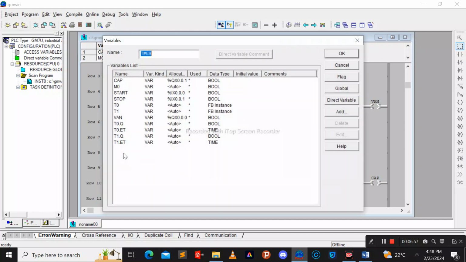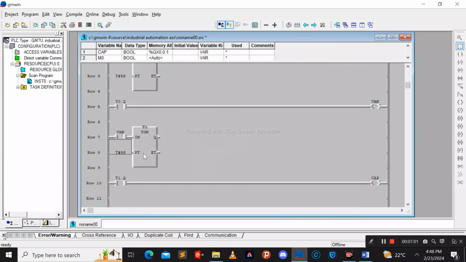You can see 5 seconds is set in the parameter. Once those 5 seconds are done, it will command this capping sensor. The capping sensor will also actuate this motor here to cap the bottles. So